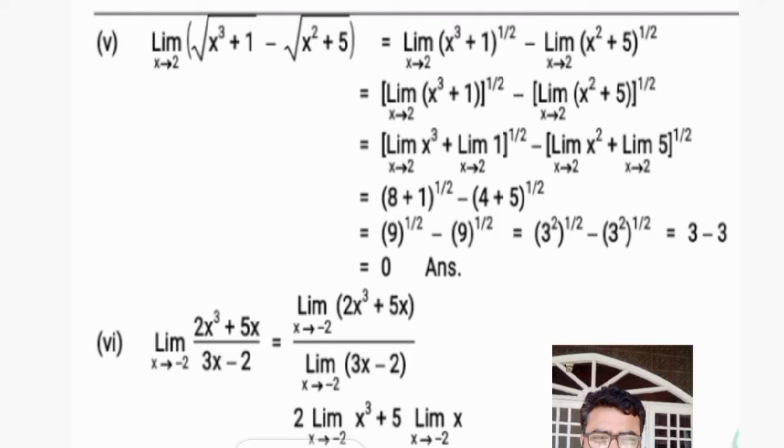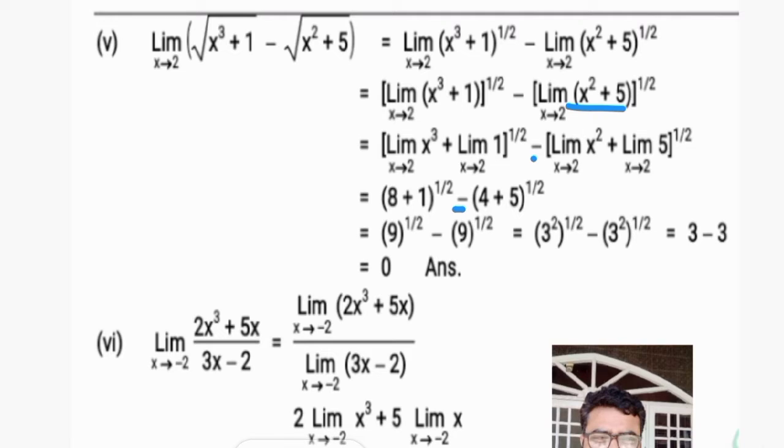First theorem was if there are two terms or three terms, we have to write limit with all the terms. So we will write limit x approaches to 2 with x cube and limit x approaches to 2 with 1, and there is sign of addition between them. And now there is sign of minus here, so write sign minus here, and there are two terms, so we will write